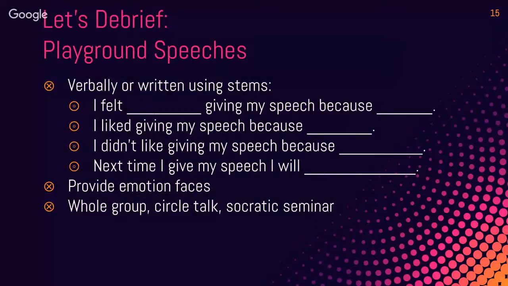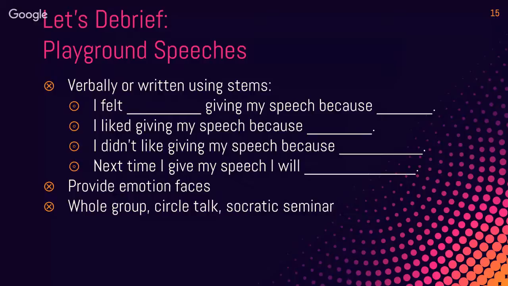So playground speeches, let's debrief. So having a discussion, maybe this is whole group, maybe this is circle talk, kind of Socratic seminar-ish. So "I felt blank giving my speech because," you might pull out some emotion faces. Pick an emotion and then tell me why you felt that way. "I like giving my speech because," "I didn't like giving my speech because," "next time I give my speech, I will." So give them these sentence frames, these anchors, so that they can share how they felt